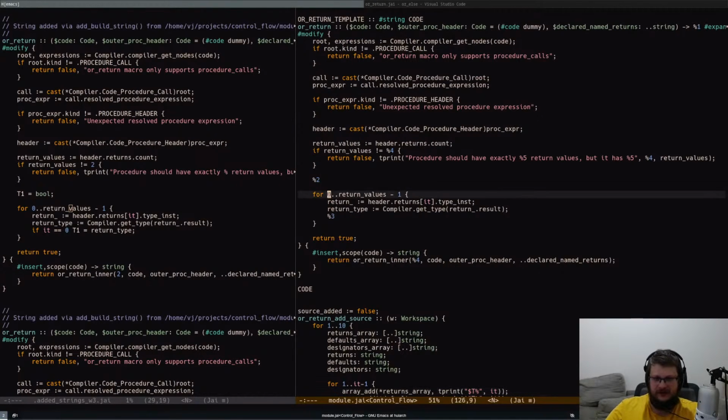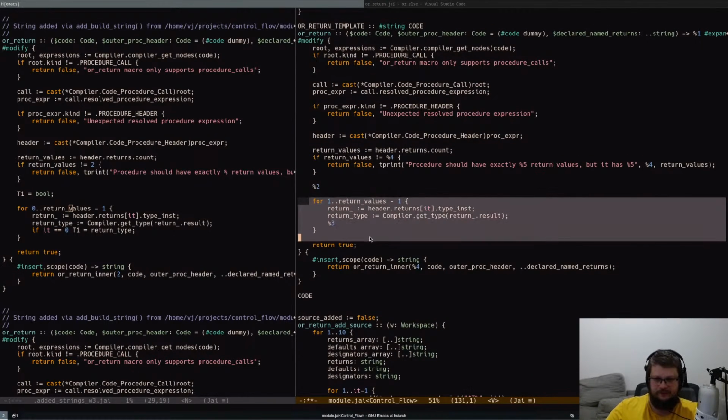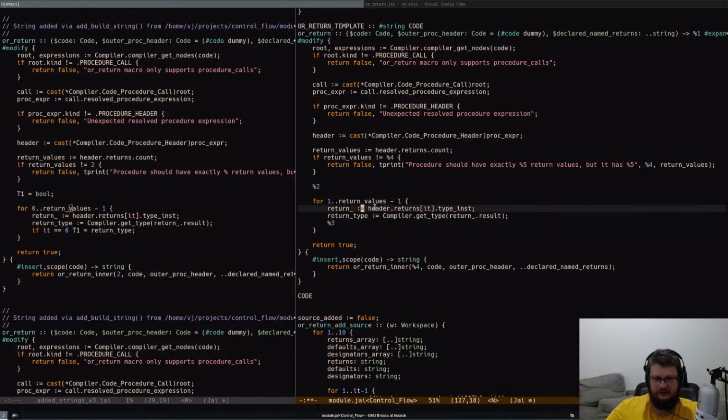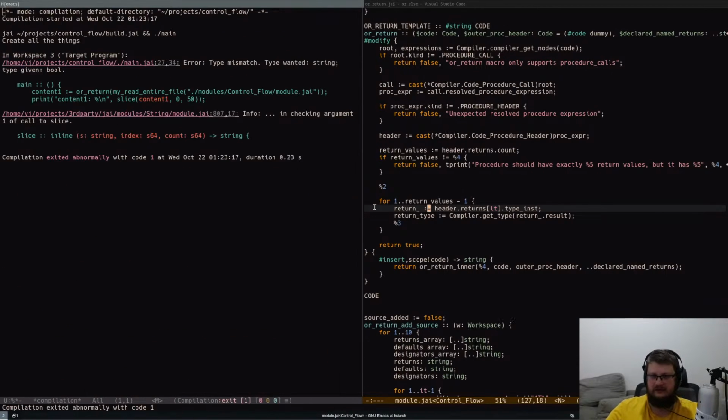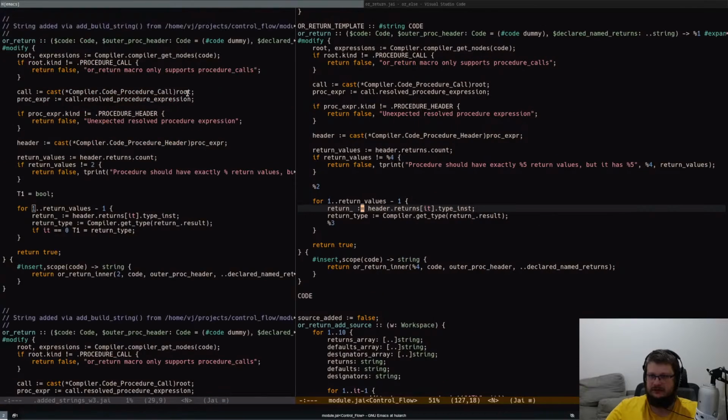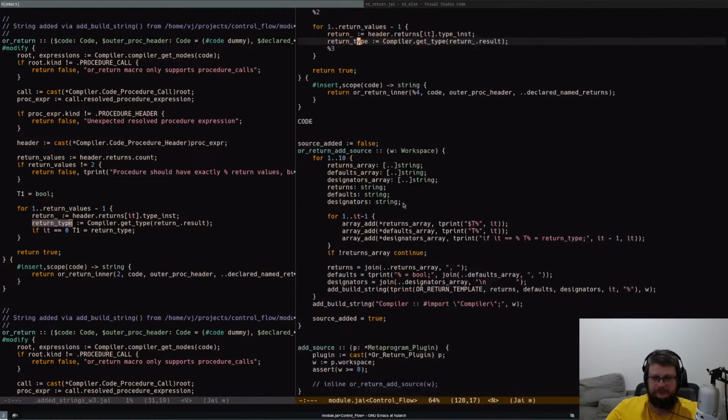So yeah, this should be from 1. Because you pop the first return value, right? And now the way it works is from this to this. Return header type inst to return type if it equals, not it minus 1, if it equals